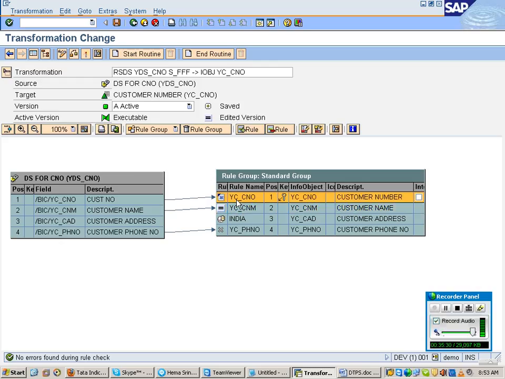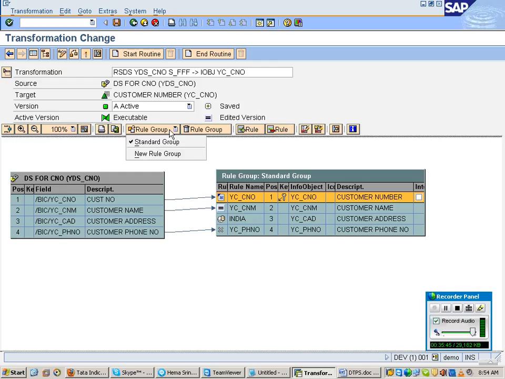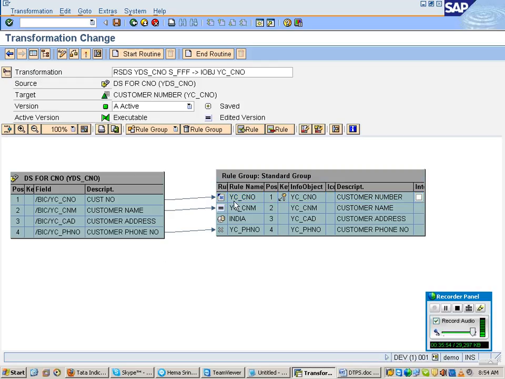While writing the routine here, I will say allow the records only from C1 to C50. That means when this transformation is executed, only those 50 records will be here. Again I will create one more rule group there. So in a single transformation itself you have multiple transformations. That will come in the next exercise.